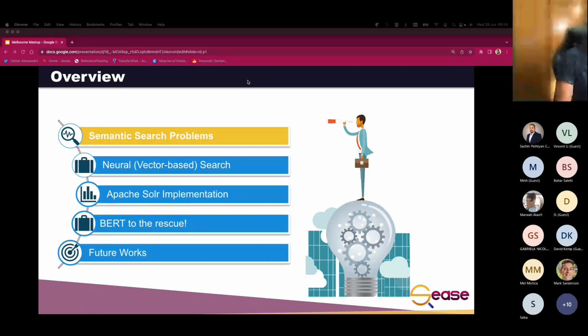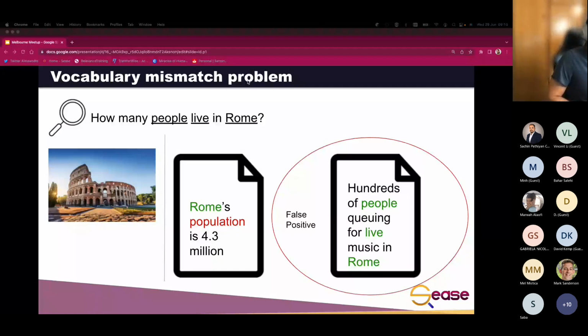So let's start from the semantic search problems. One of the most important problems in the domain of semantic search is the vocabulary mismatch problem. The vocabulary mismatch problem happens when the lexicon of the user information need differs from the lexicon in the corpus of information. Currently, the user expresses his own information need through a set of keywords or potentially a natural